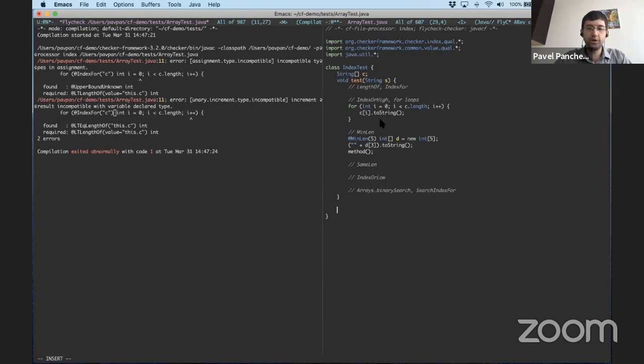There are also annotations that combine 2 arrays. So let me have 2 arrays here and a method that attempts to dereference value of B. And let me just say that this is an index of B.